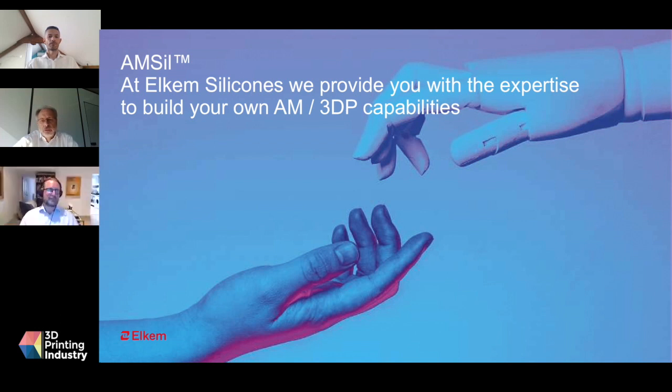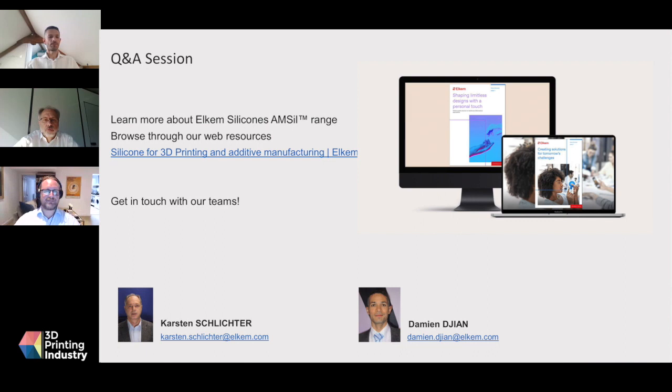And I think now I hand over to Michael and to Damien, and we are now touching Q&A, isn't it? Indeed it is, and we've got a lot of questions coming in, so let's get straight into it. The most popular question so far is this: what printer are you using to print silicone? Is it extrusion based? Please share the details of the machine. I think that's probably referring to the videos you showed there.